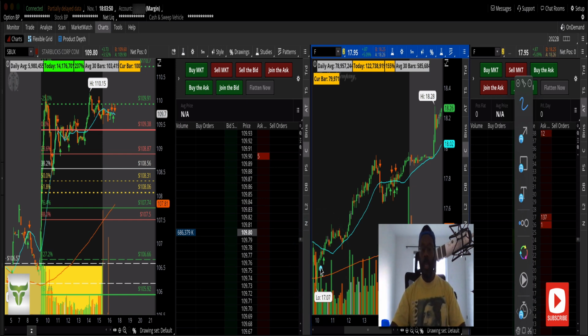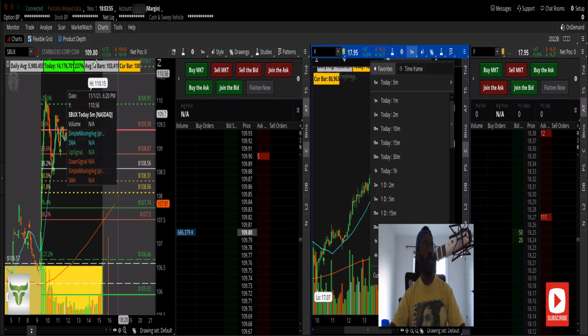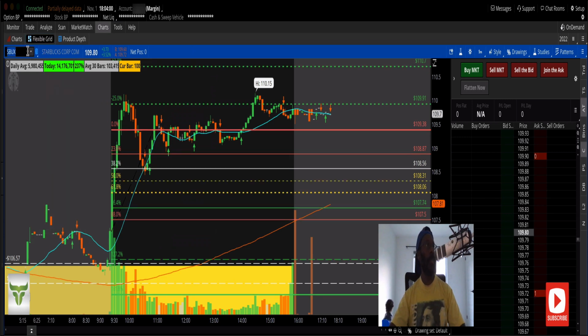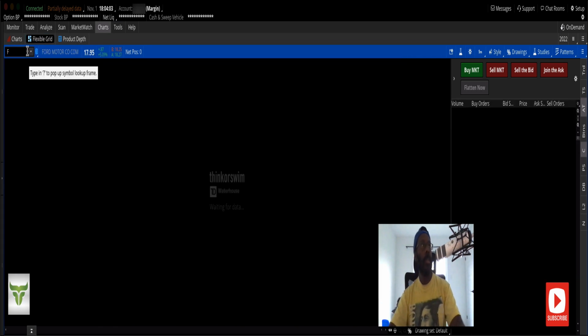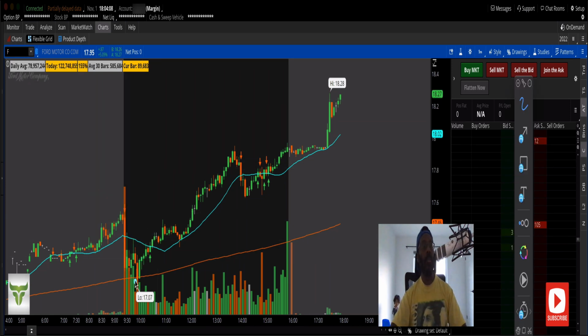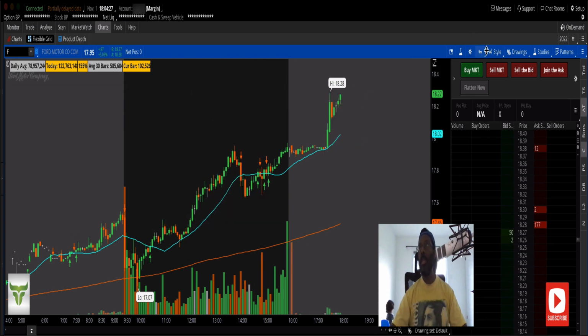So we had a nice movement on Ford as well. Let me put the Ford over here on the big screen so that you can see the Ford on the big screen. So this would be the movement on Ford. Once again, we drew out our box. Can't see the box right now, but we drew out the box. And you see the Ford was a beautiful staircase, high pattern, pulled back, which is what it's supposed to, and it ripped again. So if we do our Fibonacci right here,